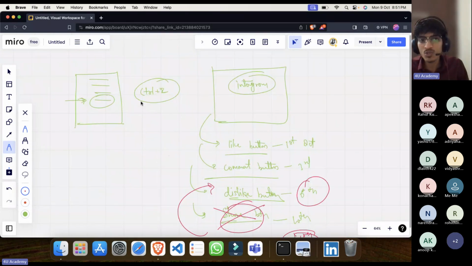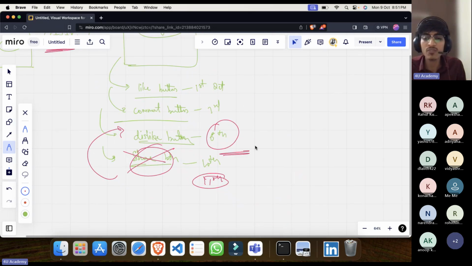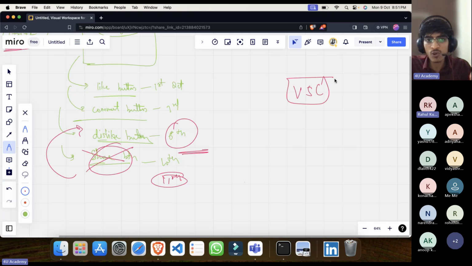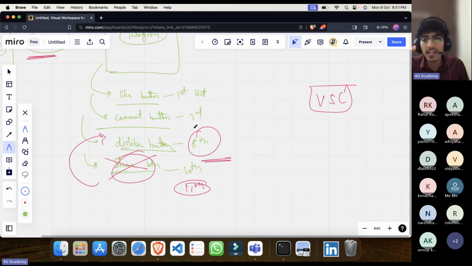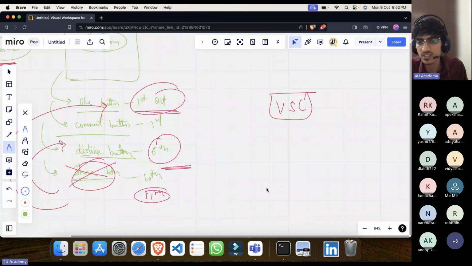Okay, so that we cannot do using Control Z, right? Control Z works only for limited conditions. Even if you turn off your computer and come back, it will not work. So how to go back, even if you want to go, let's say, 1 year back? How to actually achieve that? For that we use something called version control systems, which control the flow, and we can go to any point in the history. Even if I want to go to 1st October, I can directly go to 1st October. So that is the benefit of version control systems.